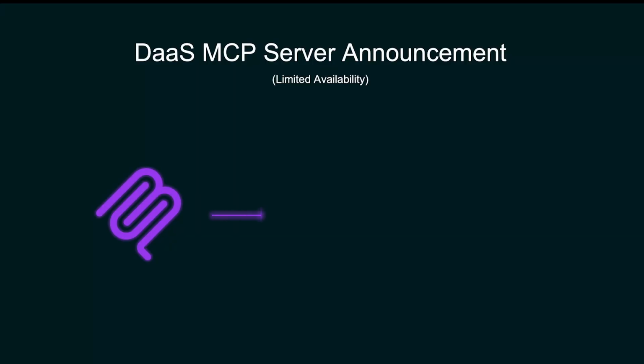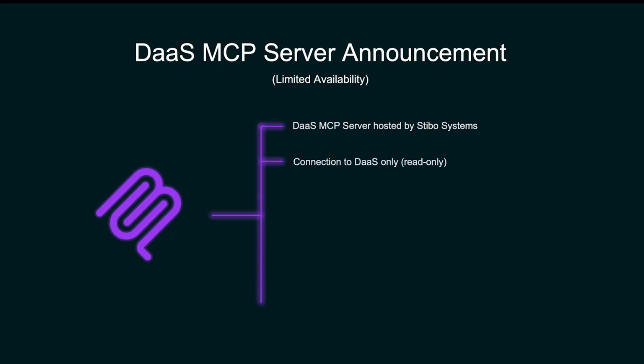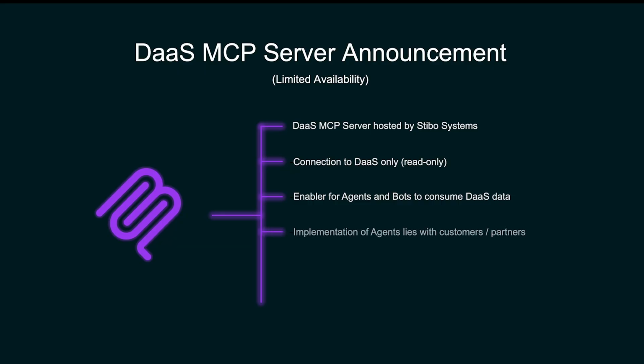Brings me to my announcement. Drum roll. I'm happy to share that at this moment we have a limited availability version of our Stibo Systems DAS MCP server. DAS is our platform for online commerce, and online commerce is becoming agentic. We see it everywhere. Amazon and Alibaba have agents that are recommending products to consumers, bundles. You've got pricing being adjusted for specific customers by ML. You've got AI doing markdowns automatically. And then there are conversational agents